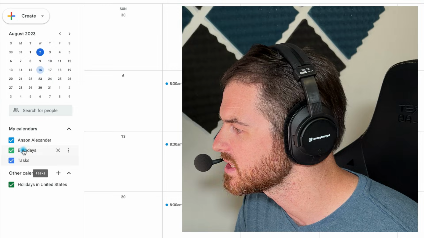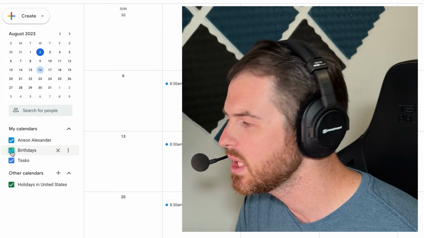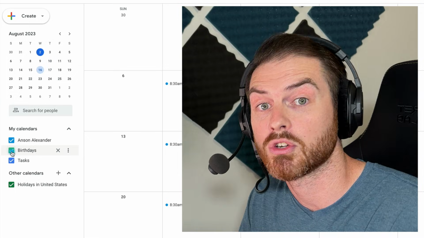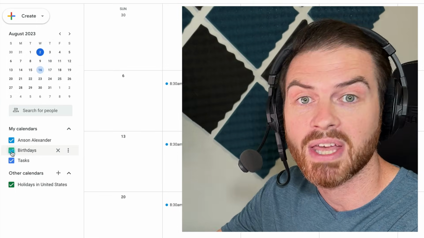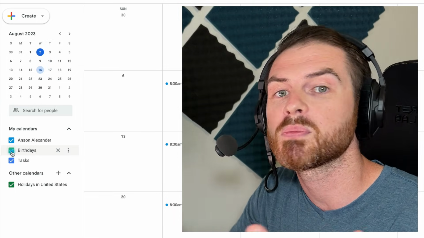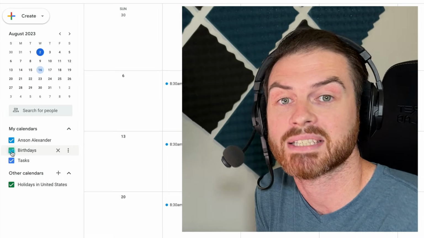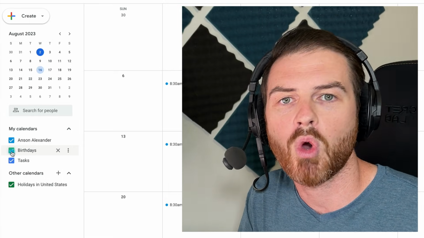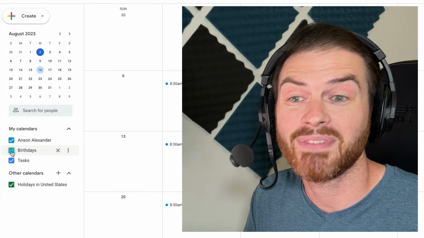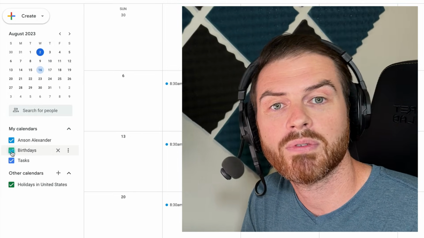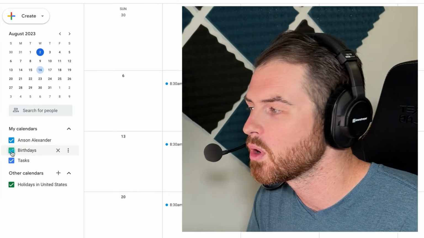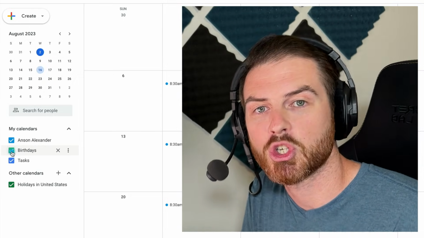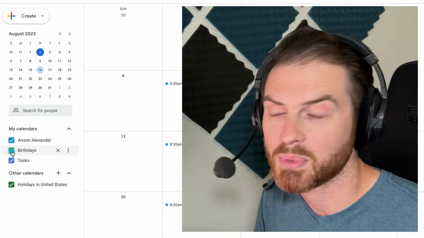Notice that for all of these calendars, there's a little checkbox, and we can display and hide these calendars as we'd like. So we can have multiple calendars displayed at once, meaning we're going to see all the events from all of our calendars, or we could only display one calendar. If it's maybe a packed calendar and we don't want to view all the other ones, we could just look at that one. So you might have one for work, you might have a personal one, you might have a family one, and then you might have different ones for different organizations that you're part of. So when you're scheduling those organization events, you can have those calendars displayed, but if you're just looking at your personal life events, you can only display those ones.